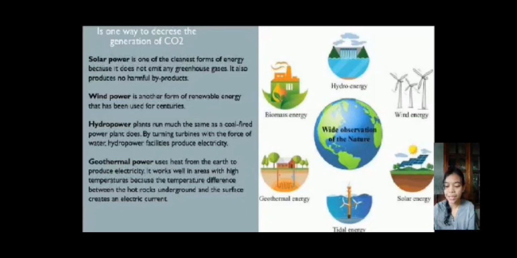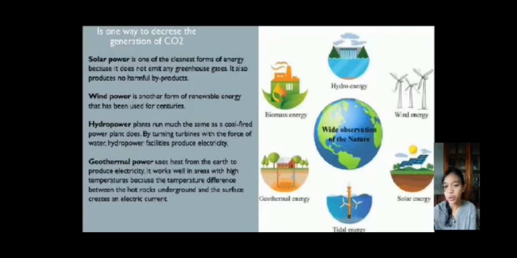It reduces our reliance on fossil fuels, which are finite resources that harm the environment when burned. In addition to being environmentally friendly, solar power can also save you money on energy bills. Overall, solar power is a clean, renewable, and cost-effective option for generating electricity that has many benefits both for the